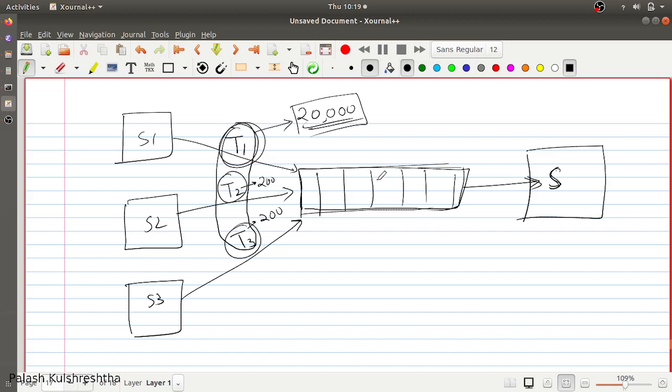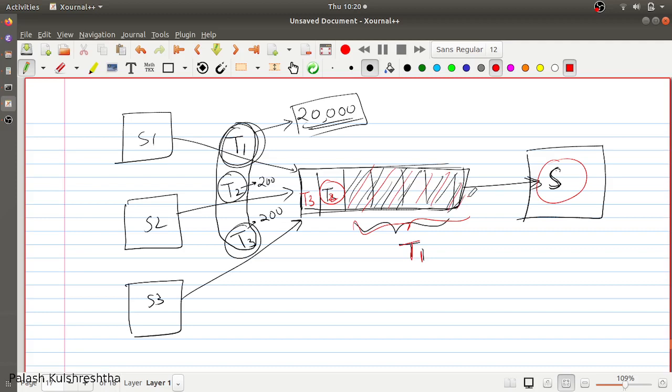So if, for example, all these messages are for T1, and this is T2 and this is T3, your messages for T2 and T3 are going to be delayed because the service is going to process messages for T1 first.